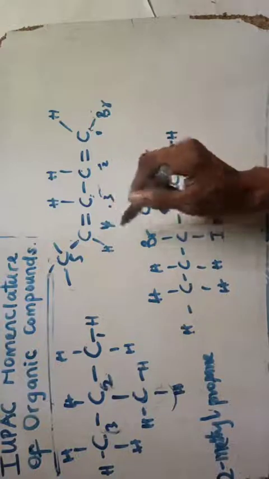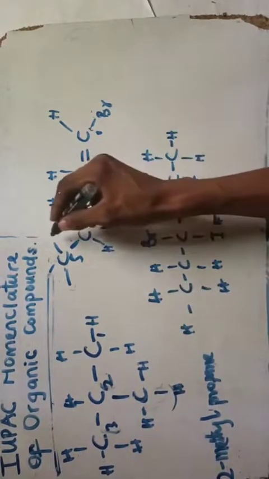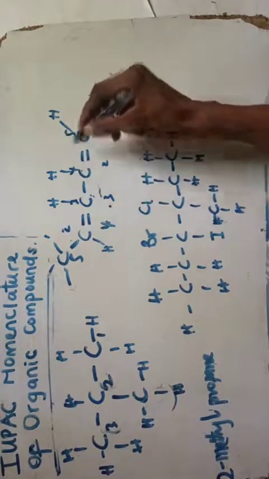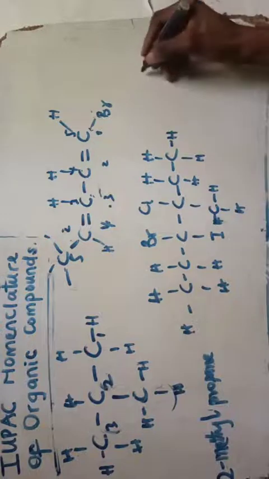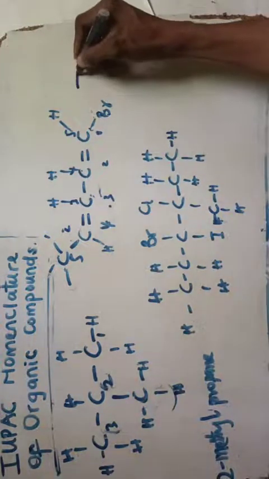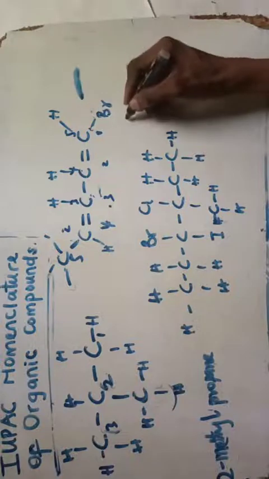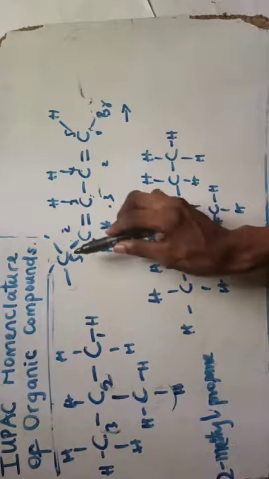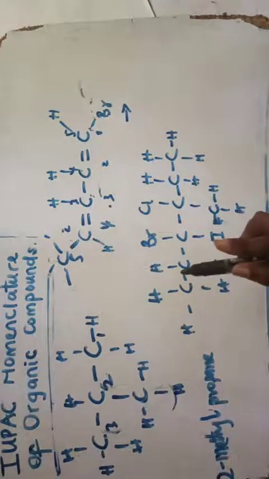Now the concept of numbering is this: when I go here, I have 5. Now when I'm coming back, I also have what? 1, 2, 3, 4, 5. Now let's go clockwise. That is this direction. Clockwise, the right hand side, the right counting for this numbering gives me the branch I have is in number what?